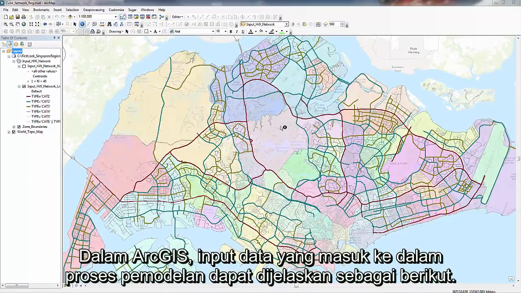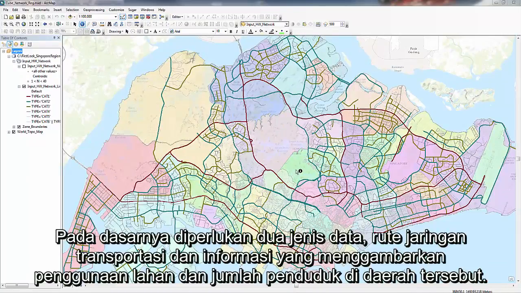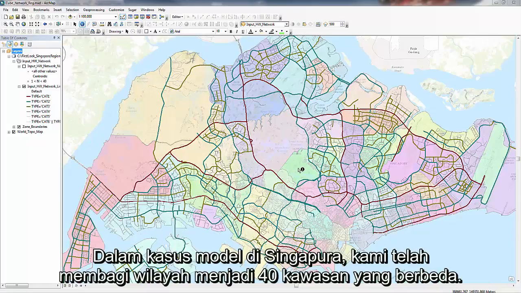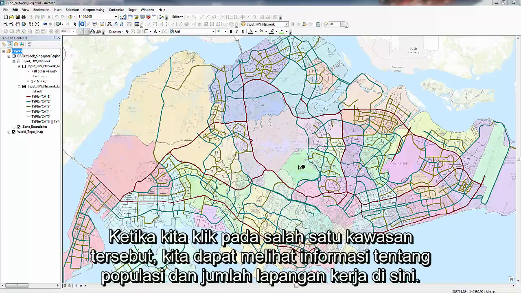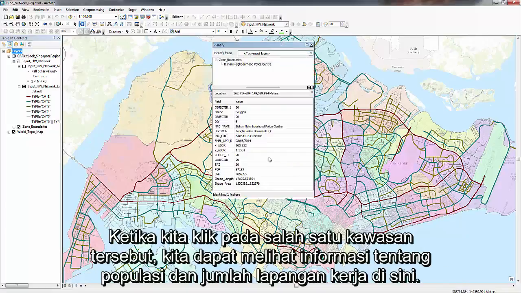In ArcGIS, we can show the input data that goes into a modeling process like this. Fundamentally, two types of data are required: a routable transportation network and information that describes the land uses and population in the area. In the case of a model of Singapore, we've divided the area up into 40 different neighborhoods. When we click on one of these neighborhoods, we can see information on the population and the amount of employment